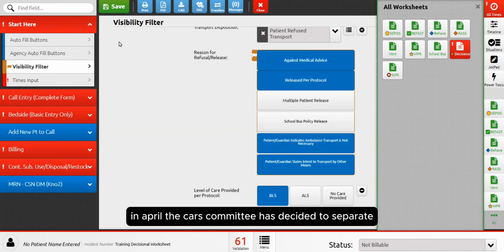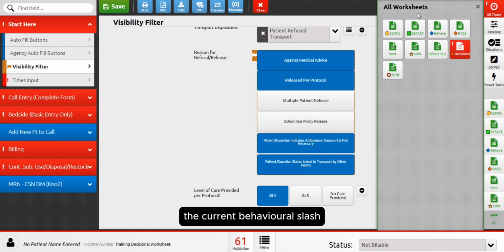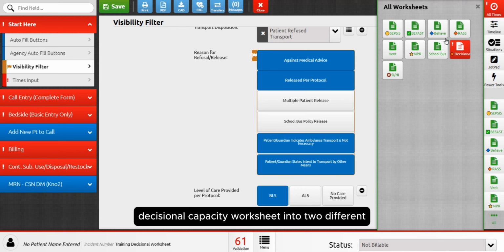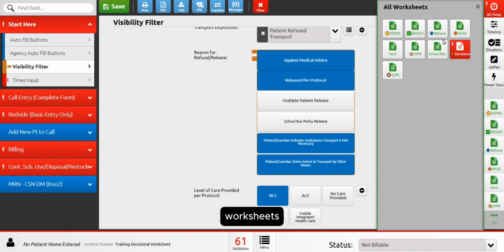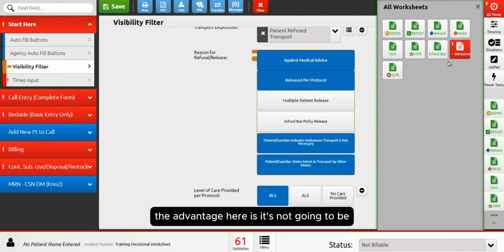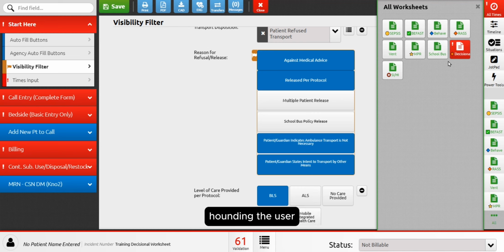In April, the CARS committee has decided to separate the current behavioral / decisional capacity worksheet into two different worksheets. The advantage here is it's not going to be hounding the user to answer behavioral health questions on a decisional capacity patient. With decisional capacity, you are going to be required to